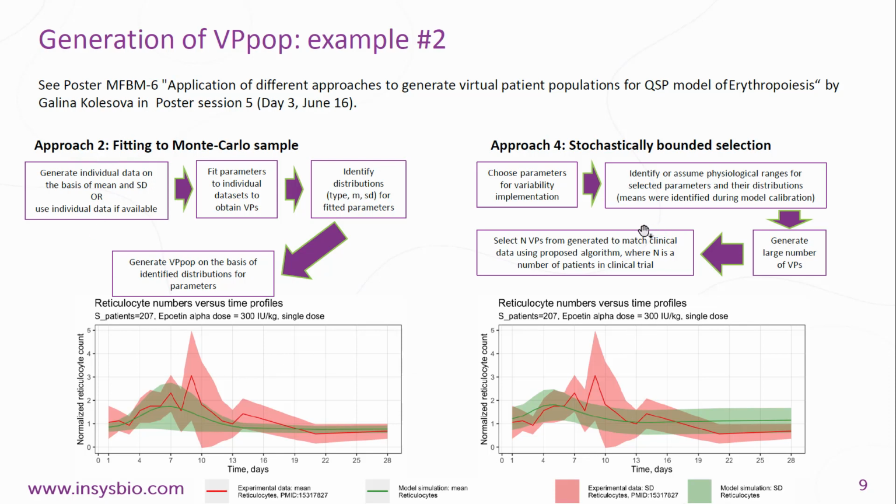Approach number four is stochastically bound selection. So it is in general quite similar to the published approaches, including the approach presented on the previous slide. The idea of this approach is to put some wide ranges for the parameters, like some physiological ranges, then to generate a large cohort of virtual patient population, and then select n virtual patients from this generated large cohort to match clinical data using proposed methods, where n is the number of patients in the clinical trial. If you would like to learn more, please look at the poster of my colleague, which is available on our